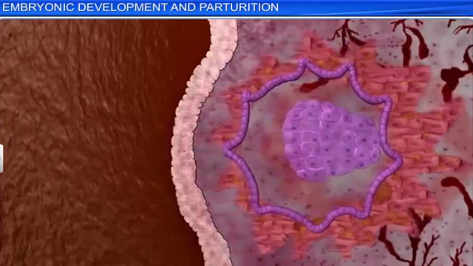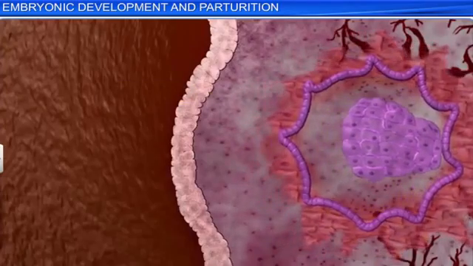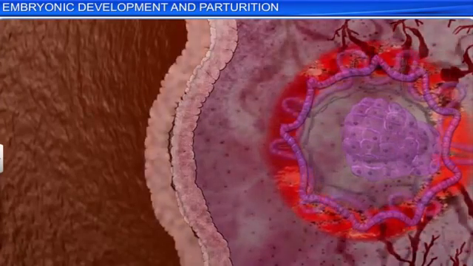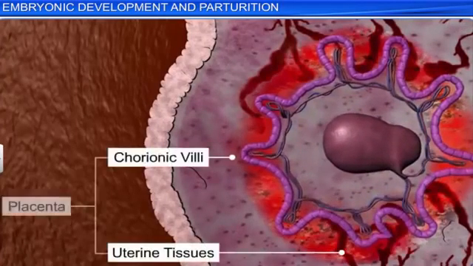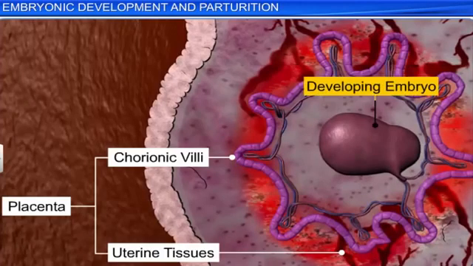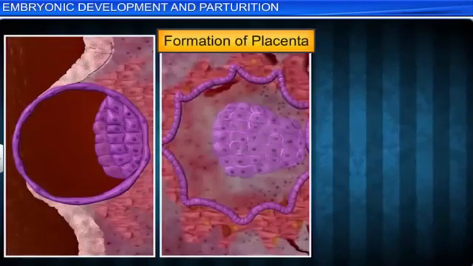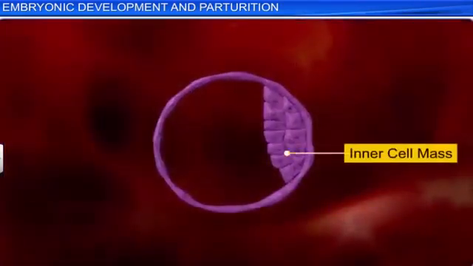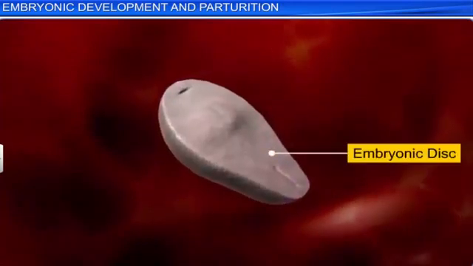finger-like projections called chorionic villi start appearing on the trophoblast. As the chorionic villi grow further, they interlock with uterine tissues to form the placenta, a structural and functional unit between the developing embryo and maternal body. Interestingly, when the placenta begins to form, the inner cell mass moves downwards and differentiates to form an embryonic disc